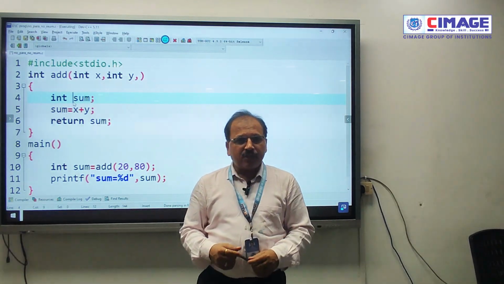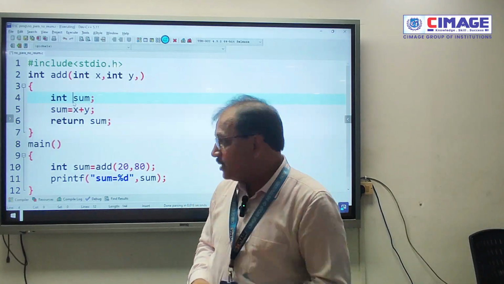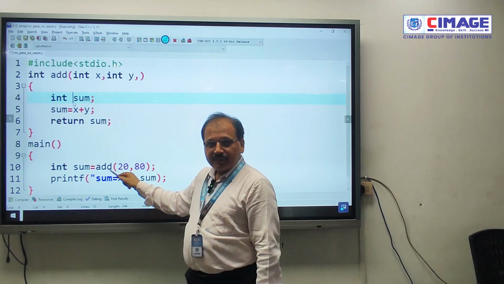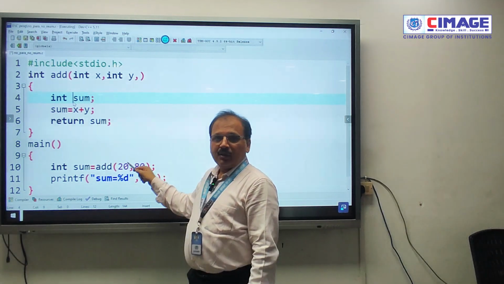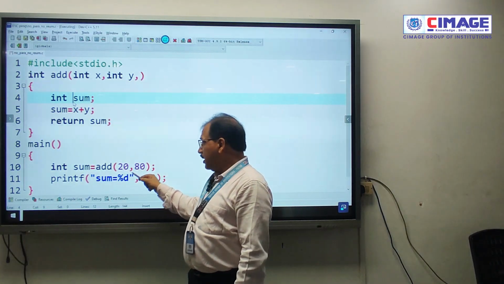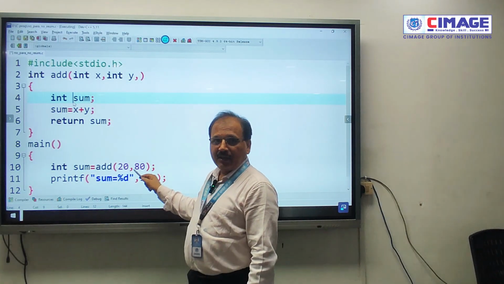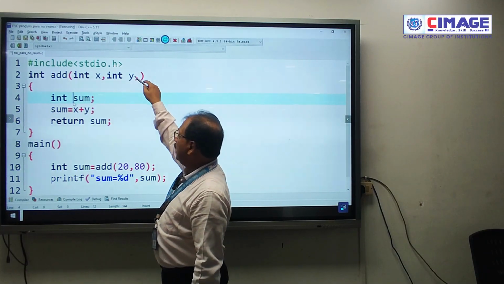But friends, one more thing we have to understand here. Whenever you are going to call a function, there is a concept of actual parameter as well as formal parameter. That means from the main function you are going to call the function called add. The function call where you are passing the value, this is going to be called the actual parameter. So as actual parameters you have 20 and 80. This 20 is getting copied on x and this 80 is getting copied on y.